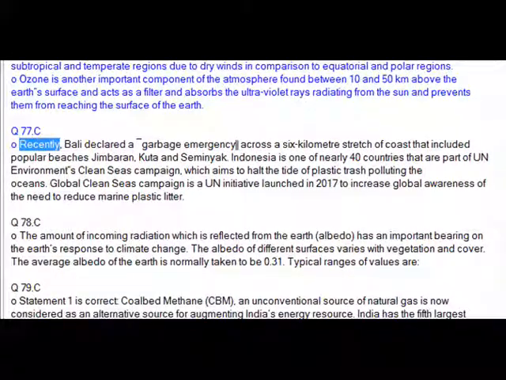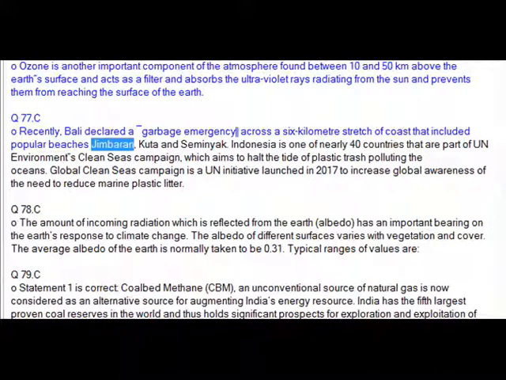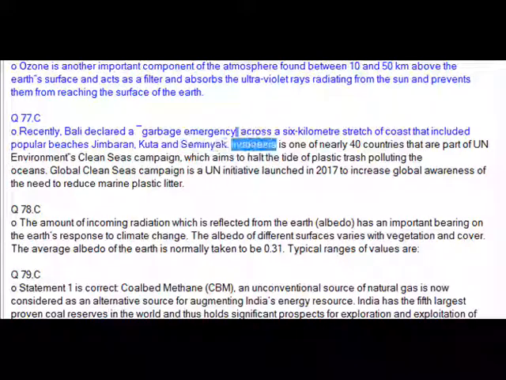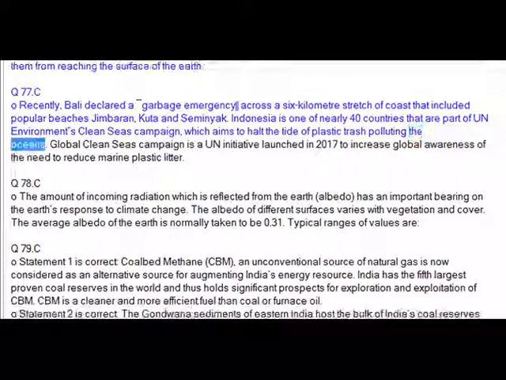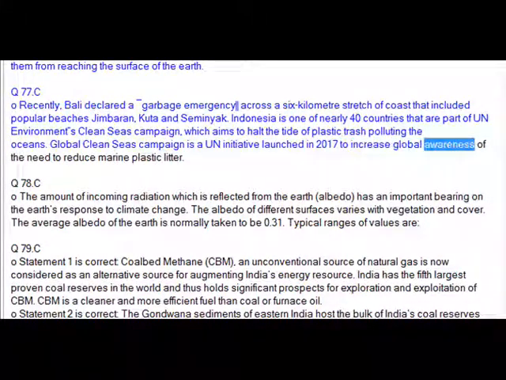Q77. Recently Bali declared a garbage emergency across a 6-kilometer stretch of coast that included popular beaches Jimbaran, Kuta and Seminyak. Indonesia is one of nearly 40 countries that are part of the UN Environment's Clean Seas campaign, which aims to halt the tide of plastic trash polluting the oceans. The Global Clean Seas campaign is an initiative launched in 2017 to increase global awareness of the need to reduce